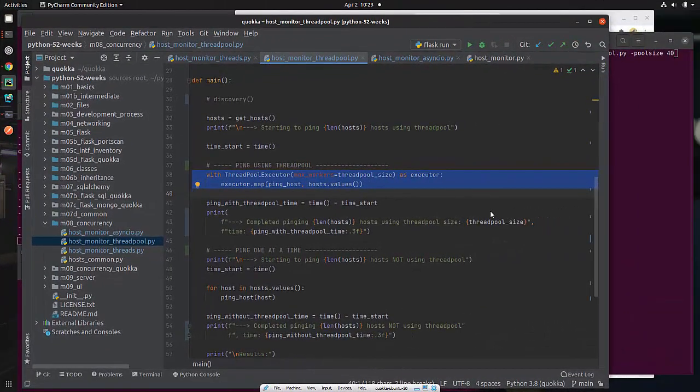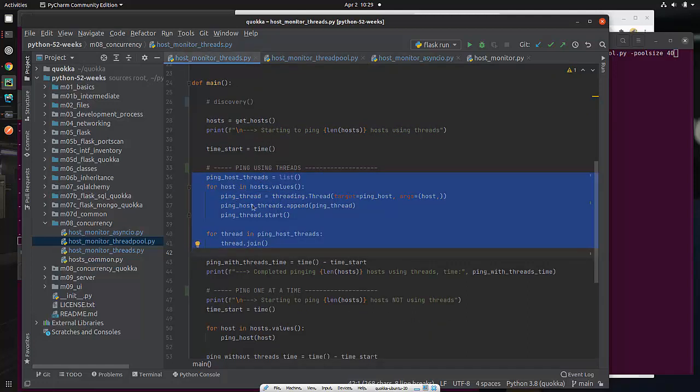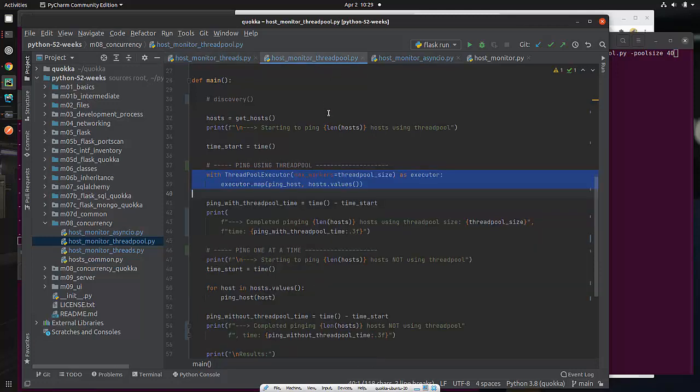Okay, let's get started talking about thread pools. Now, as I mentioned, thread pools, at least the way that I am going to be using and describing them, can be much easier and simpler to deal with than threads, because if you recall in our thread situation, we had to manage the threads in terms of starting each one individually and then waiting for them all to finish. With thread pools, that is not necessarily so,